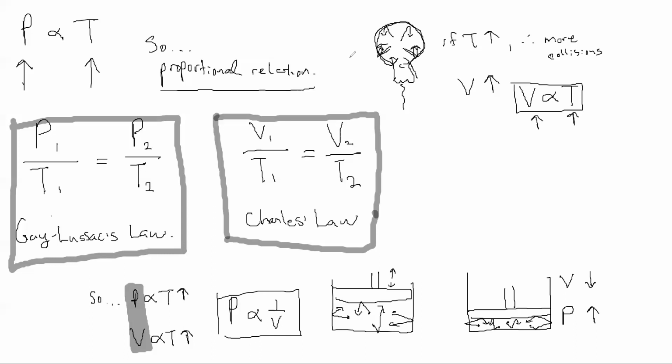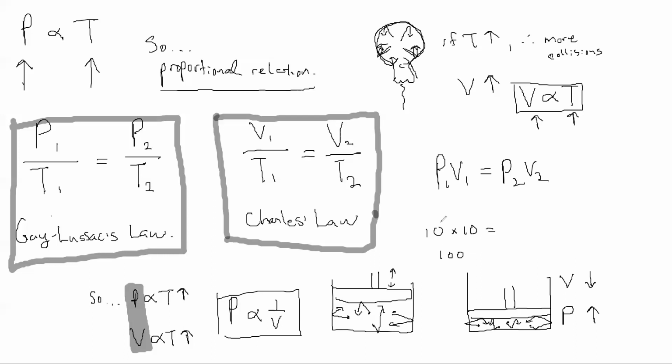How do we write that as a law? P1V1 is equal to P2V2. They're actually multiplying. Let me give you an example. Let's pretend P is a 10 and V is a 10. So that's equal to